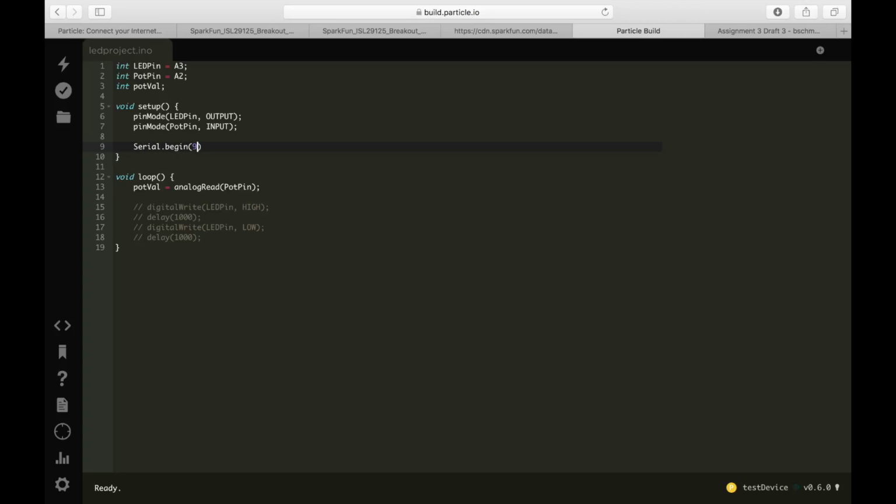There's a Serial library that allows us to communicate over serial with our computer. Type in Serial.begin, set the baud rate to 9600, that's pretty default. And then we can print this pot value. And also you'll want to add a newline print just to make things look cleaner, or else it's going to print everything on one line. I'm going to flash this,